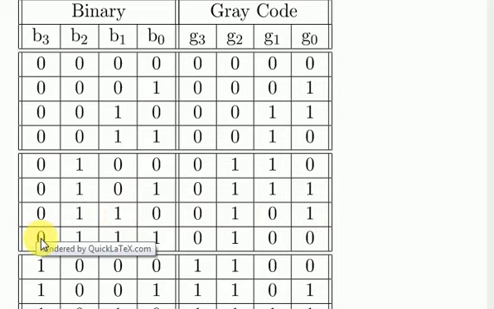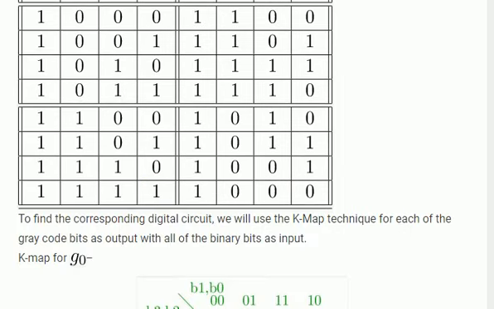The next combination is 0 1 1 1. 0 is placed as it is. Then 0 1, answer is 1. 1 1, answer is 0, and 1 exclusive OR with 1, again the answer is 0. Now comes the next combination, which is 1 0 0 0. 1 is placed, the most significant bit is placed as it is, unchanged. So 1 0 is equal to 1, then 0 0 equal to 0, and 0 0 again equal to 0. In the next combination, we are having 1 0 0 1.